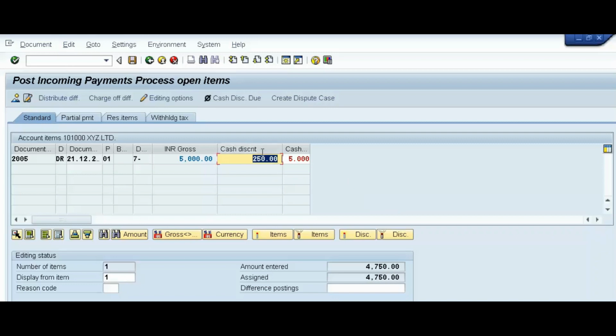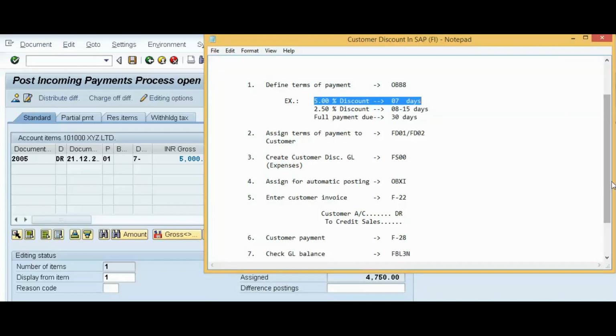Now this is the amount for cash discount. So the system will automatically update this amount to this customer discount general ledger. Hence we have done this fourth step, assign for automatic posting.